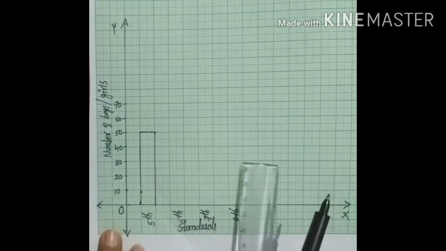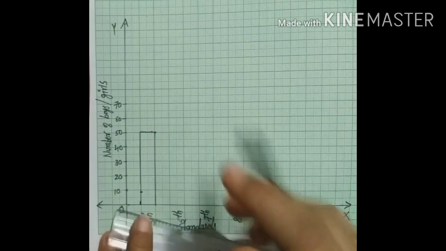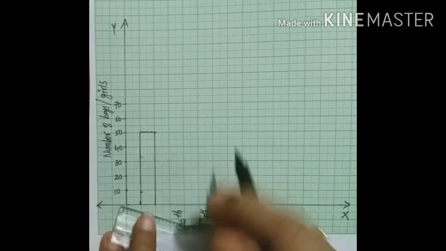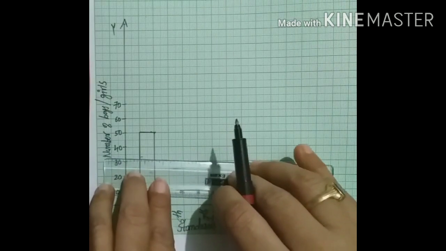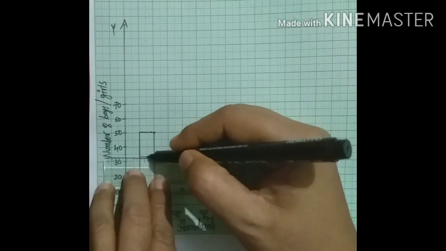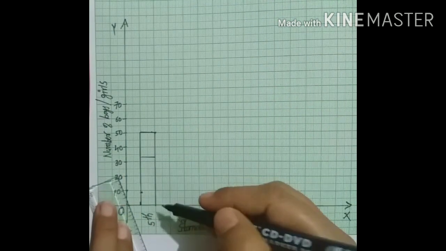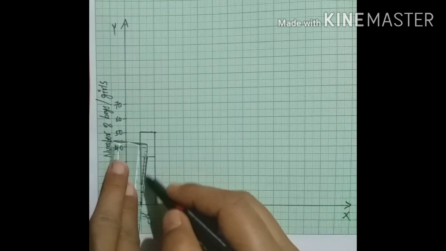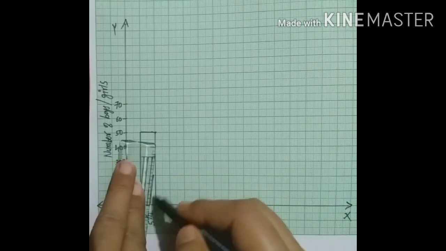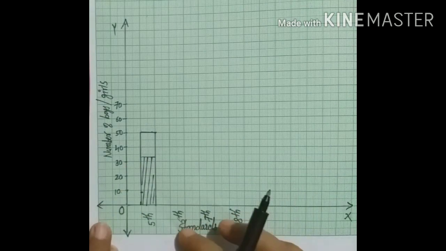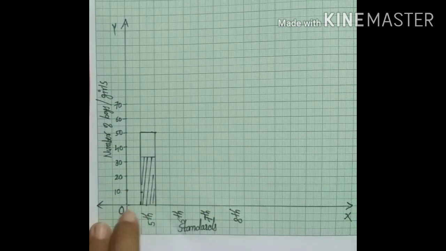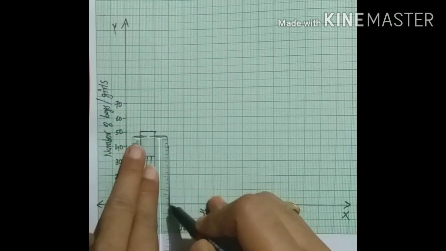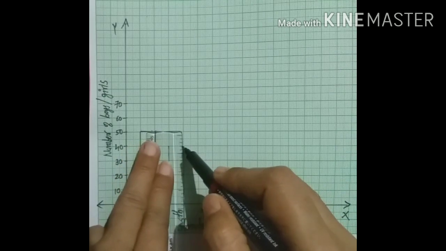Now, children, how many boys of the 5th standard? 34. So, go on the 30, count 4 line, children. 31, 32, 33 and 34. So, at the 34, children, draw the line. Okay. Here, you can do this portion shade or you can draw the slant line, children. Your wish, you can use any symbol also. Okay. Now, next, what is the 6th standard total, children? Tell me. 40. Okay, exactly 40. So, go on the 40 and draw the bar, children. Here also draw.